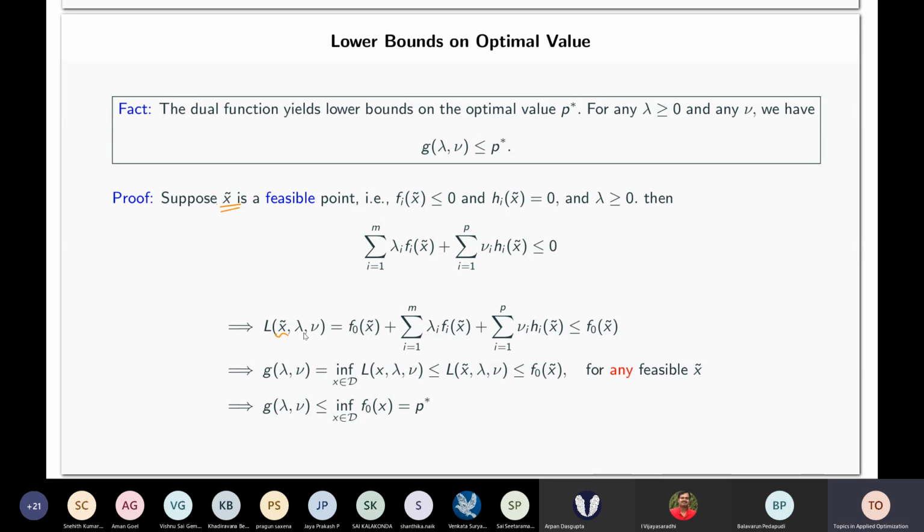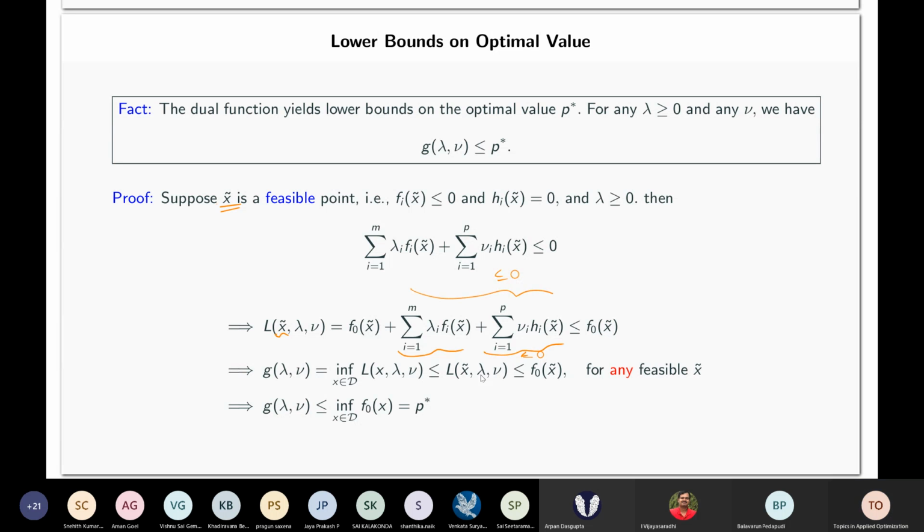So L of x tilde, lambda, nu is f naught of x tilde, and then this term, and this term is the same as above. Now these terms are less than or equal to 0. So this implies that the sum will be less than or equal to f naught of x tilde. Okay, so that's clear. Then let us look now at g of lambda, nu. G of lambda, nu was the infimum of the Lagrangian,